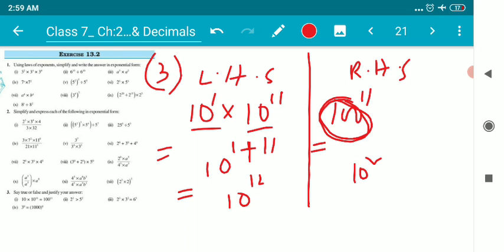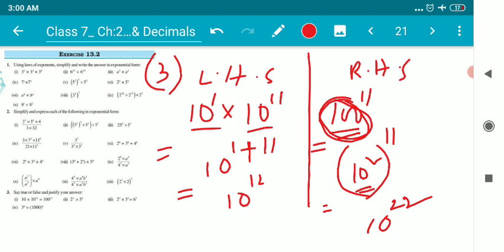So as the power is 11, I'll just write the whole to the power 11. Children, I repeat, the base was 100, so I'll write 10 square. I'll express 100 in exponential notation, that would be 10 square, and the power was 11, so I'll simply write it as whole to the power 10 square. Now children, we know another rule of exponential forms. Power on another power always gets multiplied, gets product. So I'm going to write 10 to the power 2 into 11 results in 22.